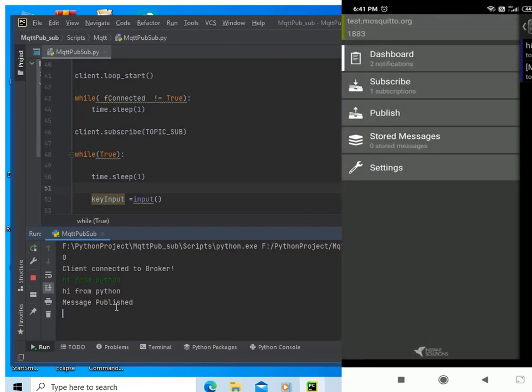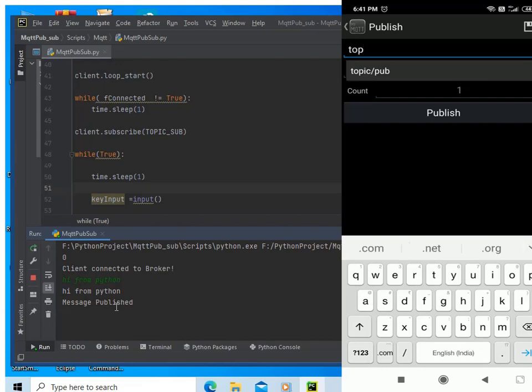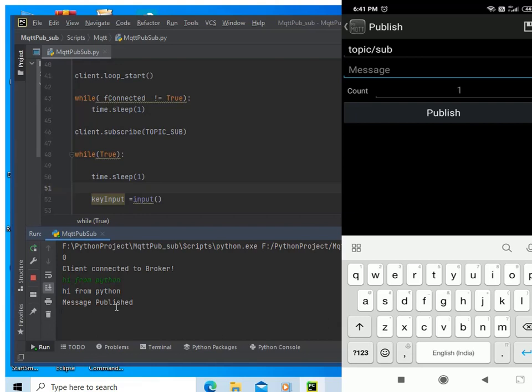Again go to the main screen. Just press publish and enter the topic, topic/sub, and the message we are going to type over here is hi from app, and press publish.